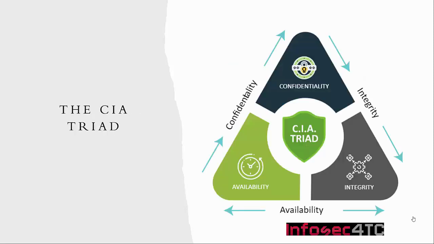So that's our goal here. We must achieve confidentiality, integrity, and availability. Confidentiality means we need to secure our data, so only the people who have authorization can access our data. We also need to achieve integrity, so we don't want to allow anyone to mess up or modify our data. If someone modifies our data, we must have a security control to detect this modification, for example. And we also must make our service available 24/7,